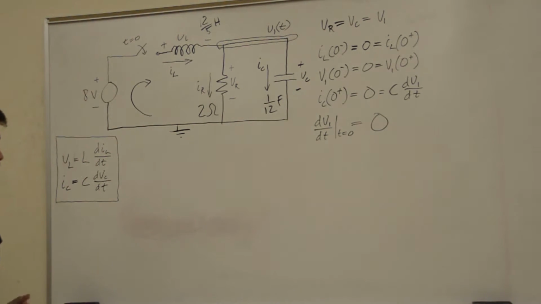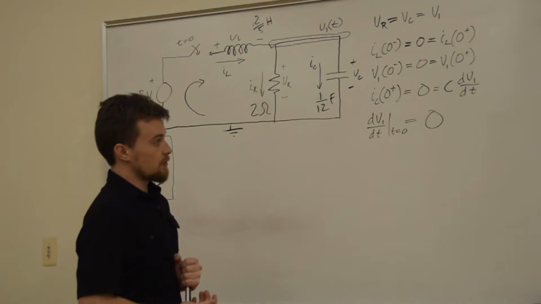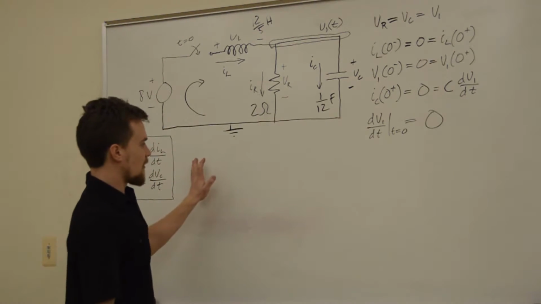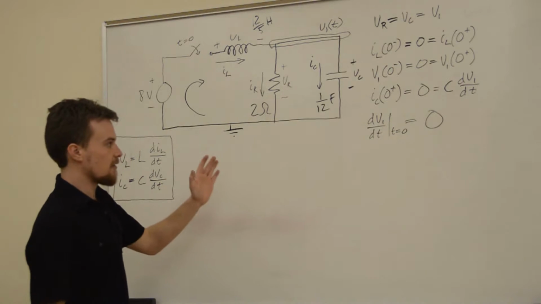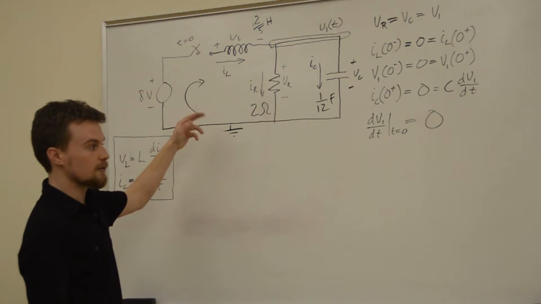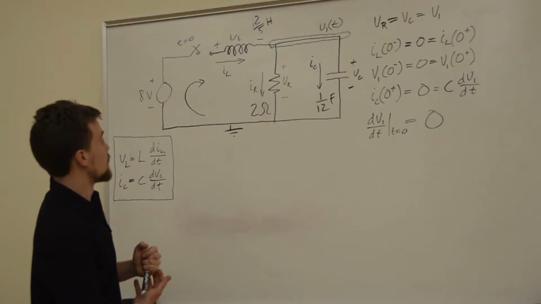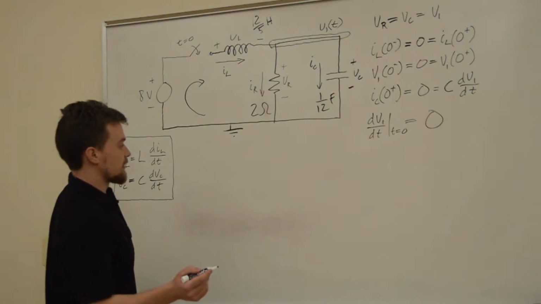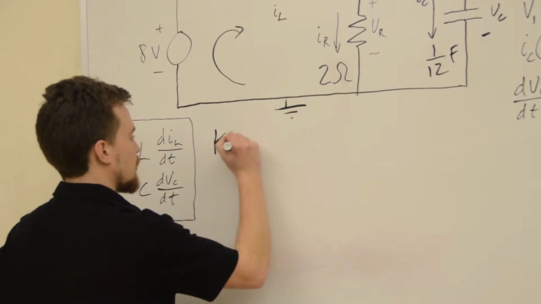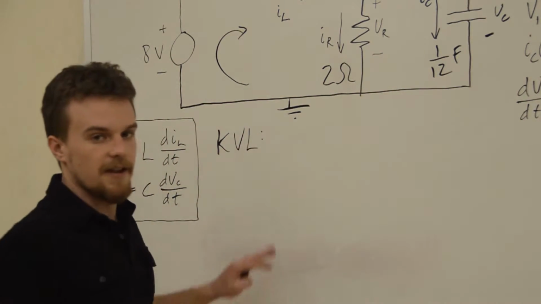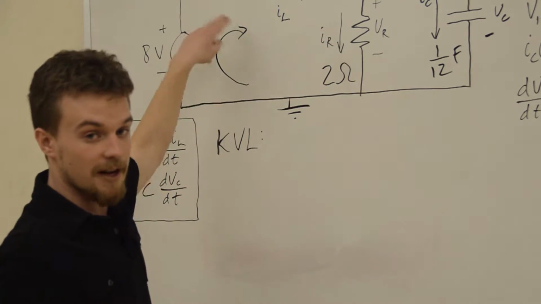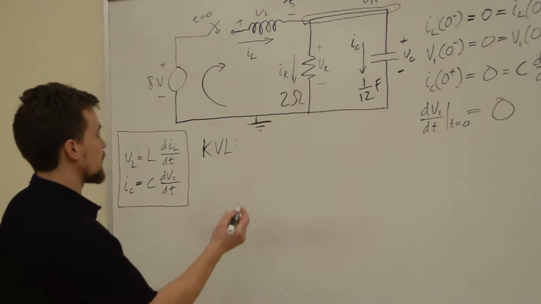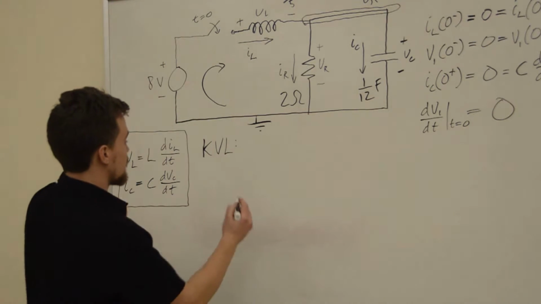All right. So now we can use rules like KVL and KCL. Those rules are always valid for all instances in time, everything. So we're going to set up a differential equation using those. So let's do KVL around this loop. KVL says that the sums of the voltages around this loop are going to equal 0 all the time, regardless of what's going on in the circuit. So we can sum the voltages. We'll have